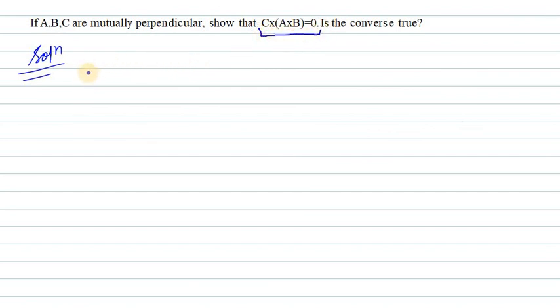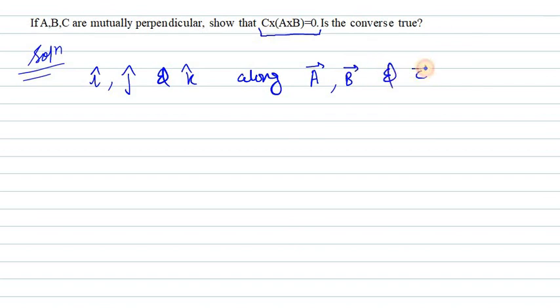So I will take I, J, K vectors along A, B, C respectively. So I have unit vectors I, J and K along vectors A, B and C. Now we have C cross A cross B. They are all vectors. Now first of all I will write the value for A cross B, and that is